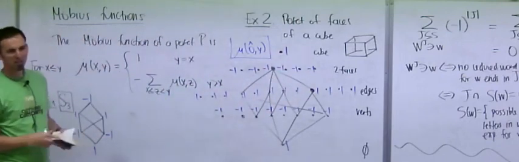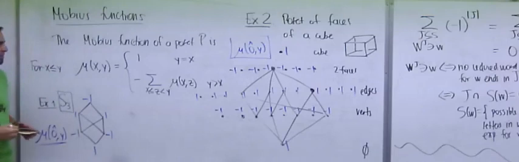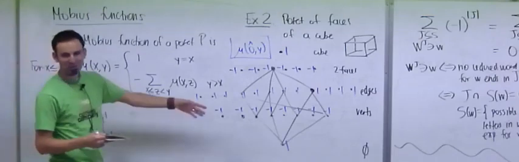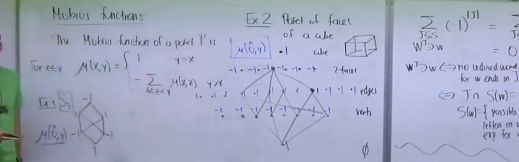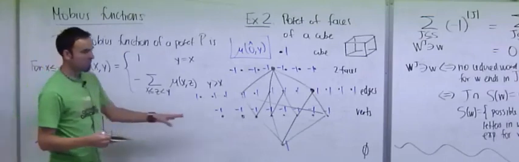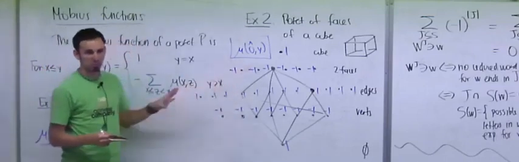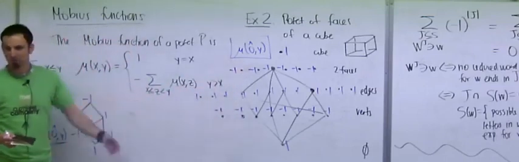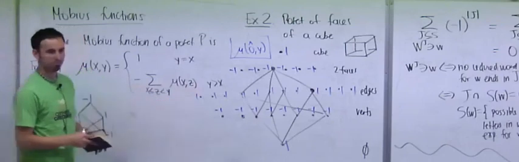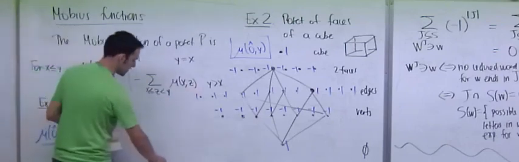So you might start getting a little surprised here, and you might wonder, okay, why am I defining this if it's just minus 1 or 1 according to the height? Well, you can imagine that so far we only have minus 1s and 1s because these are very special posets. If you do this for some random poset, you get bigger numbers, smaller numbers, zeros. But these are very nice posets, and that's why we get -1s and 1s.